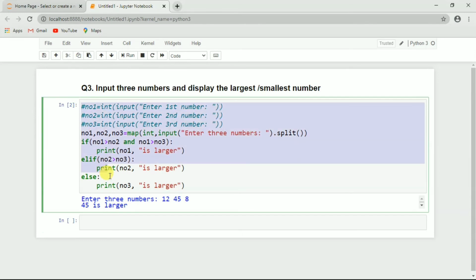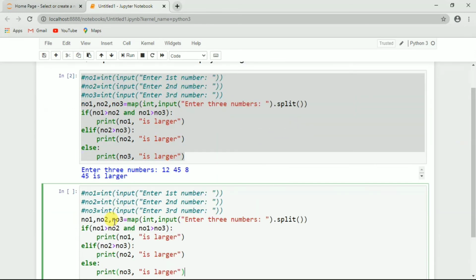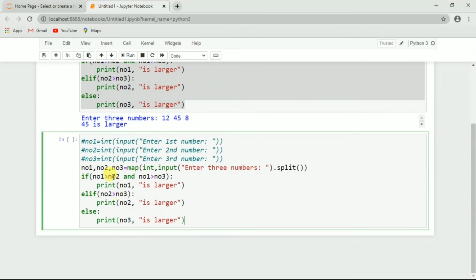Now we will see the program for the smallest number. Let us copy this code and paste it here, and the only thing we have to change is that here we have to write the less than sign, and here also we will write the less than sign.